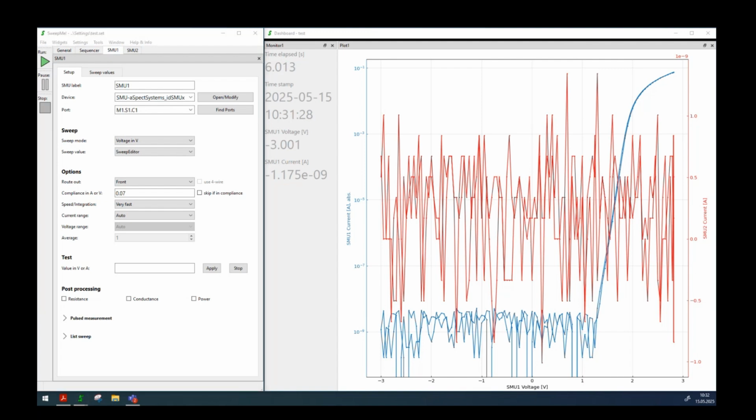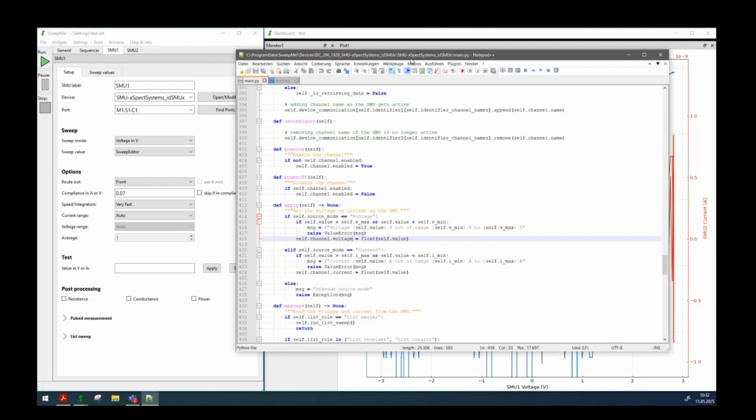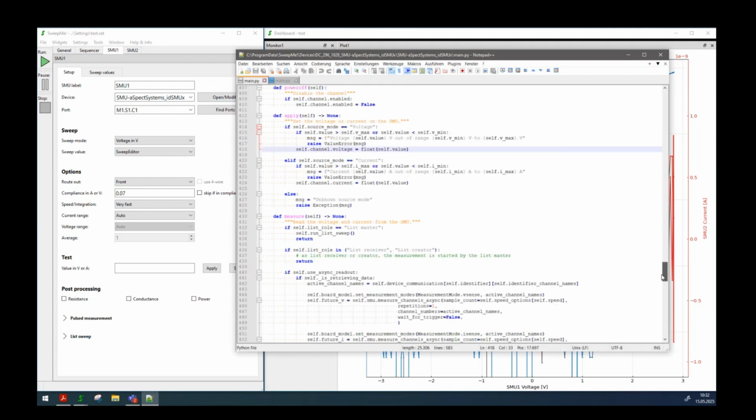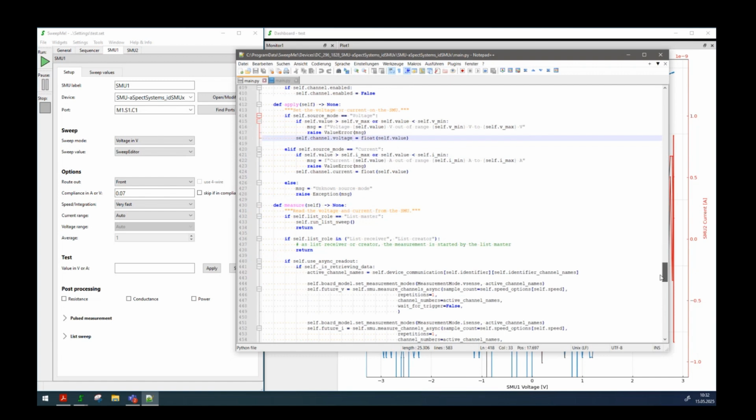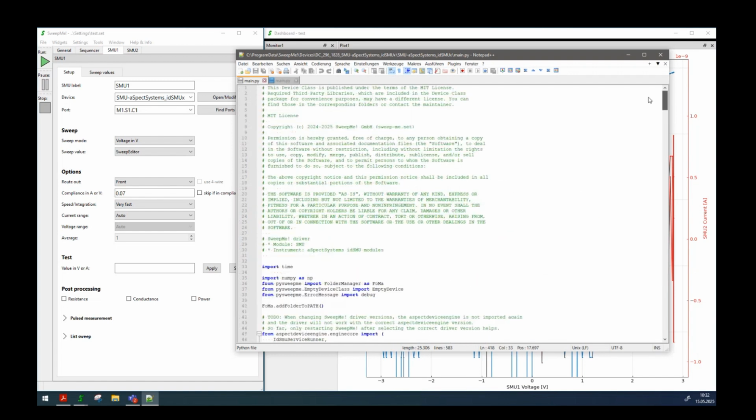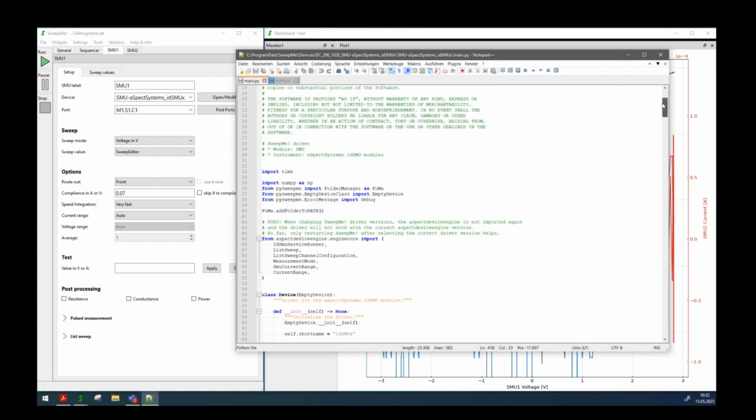Now I also want to show you, very briefly, the driver scheme. Here we can click open modify, and we can open the driver. So everybody can check the source code of drivers and see how they are created and how they are done. Basically, it is a Python file. We try to release them under MIT license so that everybody can use them, also very easily for commercial purposes